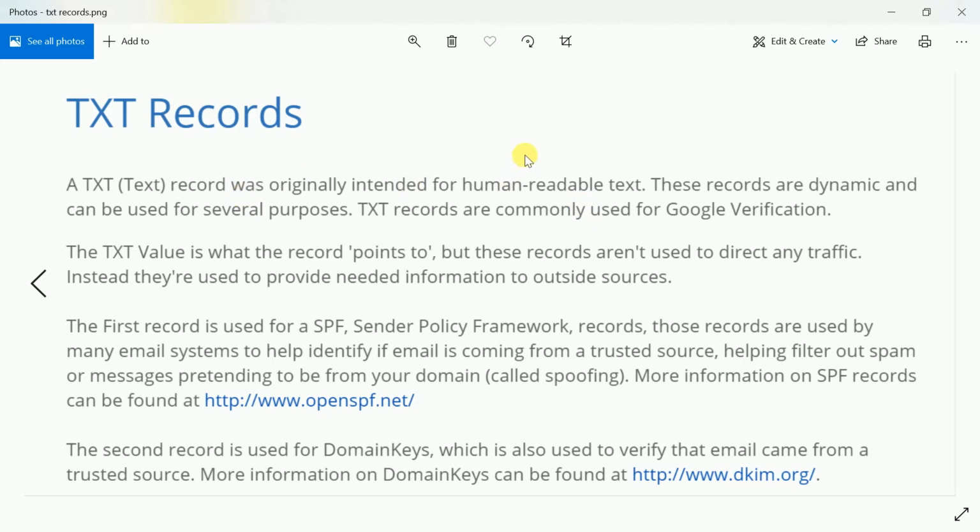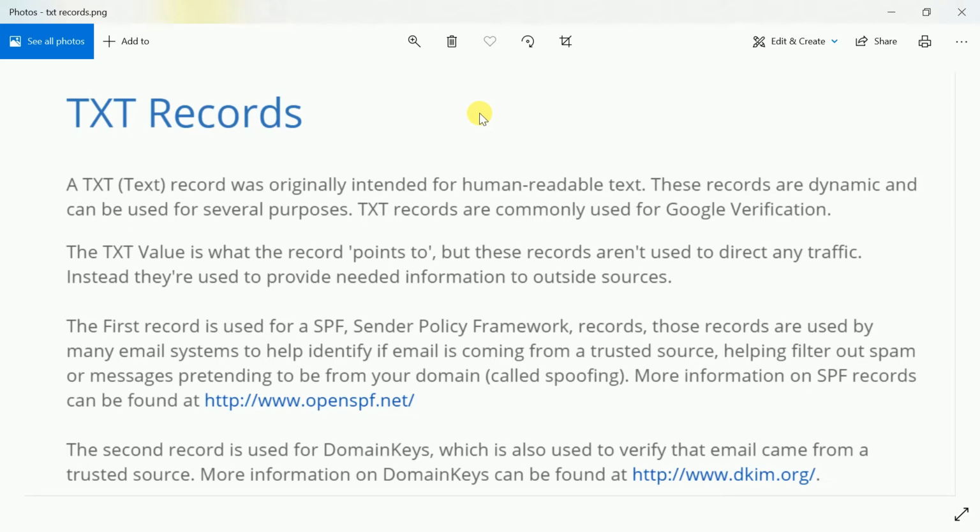If you want to read, you can just pause the video and read it. But in short, I would just explain that the TXT record is used to basically associate text with your domain name. It is mostly used for the email information, the verification, and all these things.